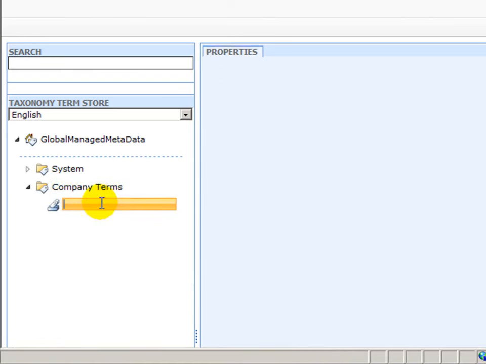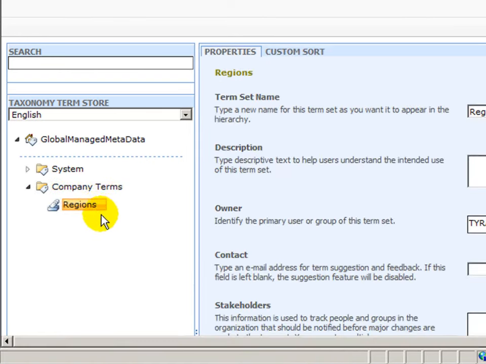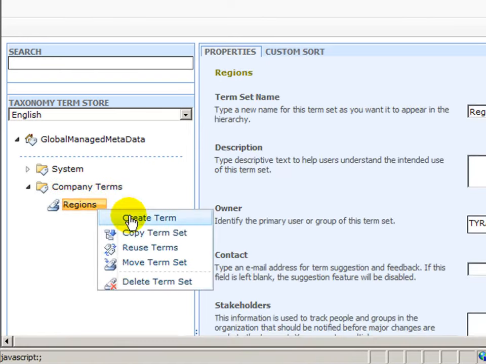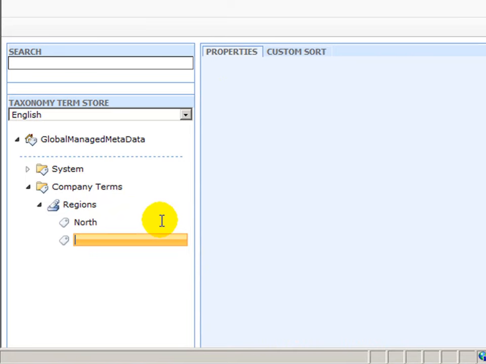So I'll create a new term set, I'll call it regions, and I'll create new terms. I'm going to get fancy here: north, south, east, and west,